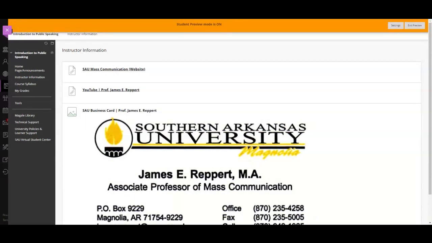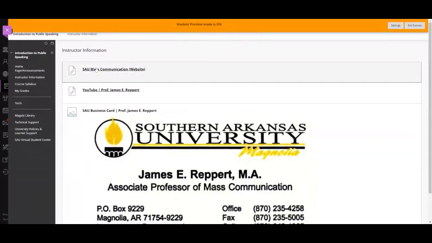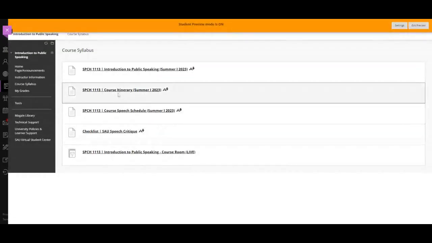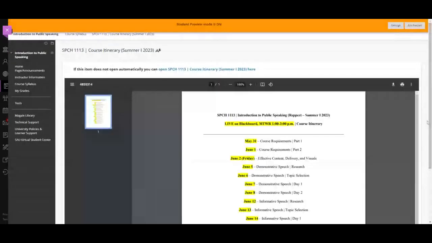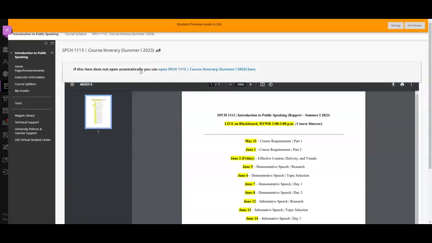At this location, a reminder: you've got a link to the SAU Mass Communication website where there's tons of different demonstrative speech topics, which we'll look at shortly, a new link to YouTube, and then at the syllabus area, our course itinerary, what we're doing for the week, with demonstrative speech topic selection today, then demonstrative speech day 1, Wednesday, and demonstrative speech day 2 on Thursday.